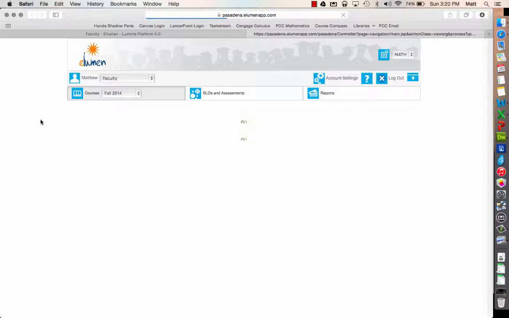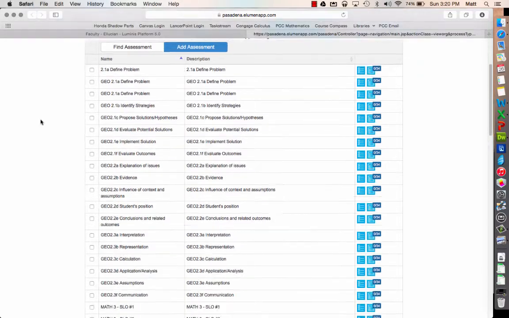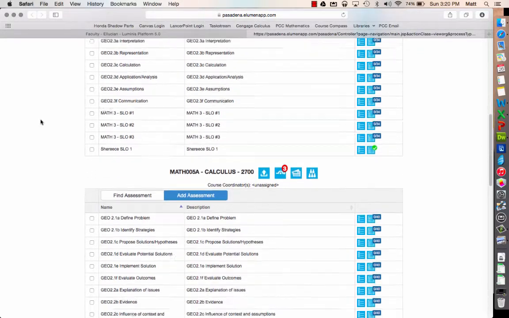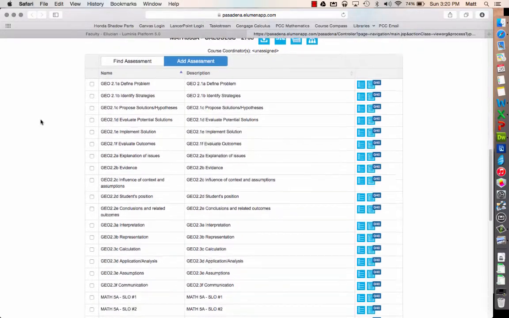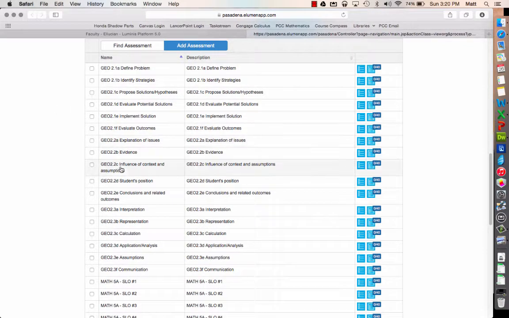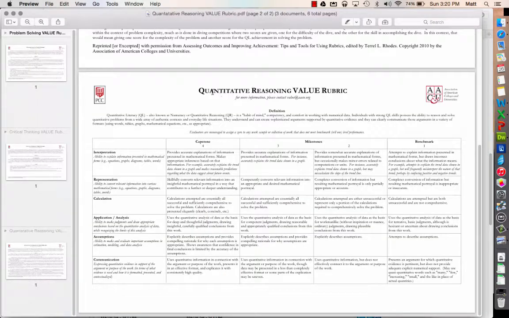The way eLumen is working for us right now is that each of those rows on each of those value rubrics has its own assessment. We are not asking you to assess all of these. So suppose I've decided that I'm going to assess quantitative reasoning in one of my courses, in which I'm going to ask students to calculate,